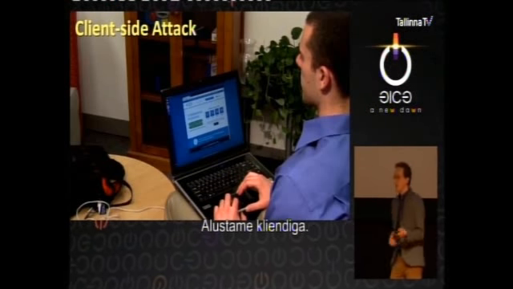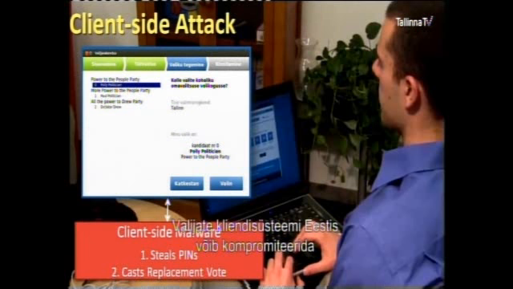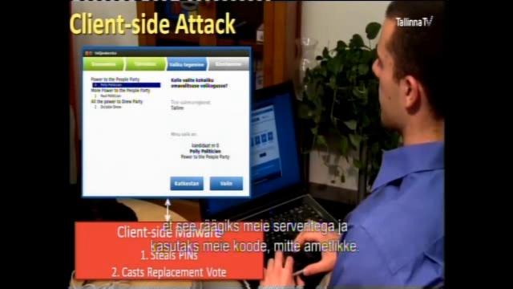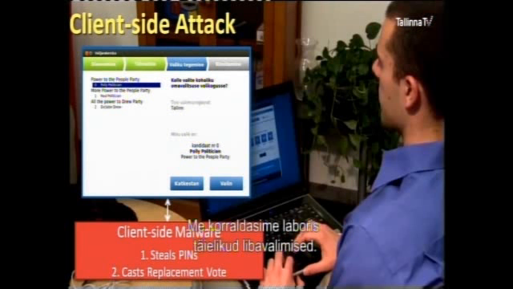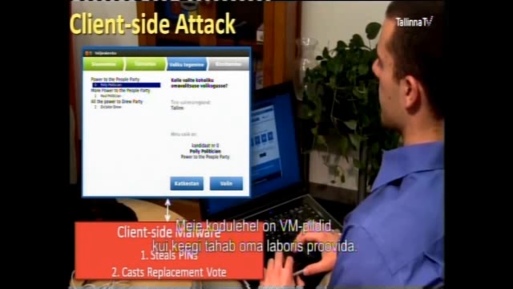Well, let's start with the client. So the voter's client in Estonia potentially could be compromised by client-side malware. So here's a simple design for malware and something we actually implemented in the lab. To implement these attacks, by the way, we've reproduced the complete Estonian system in our laboratory using their server-side source code, their documented procedures, and by reverse engineering the client to change it to talk to our servers and use our keys instead of the official ones. So we set up a complete mock election in the lab, and we have VM images on our website if anyone wants to try playing with it in their lab.